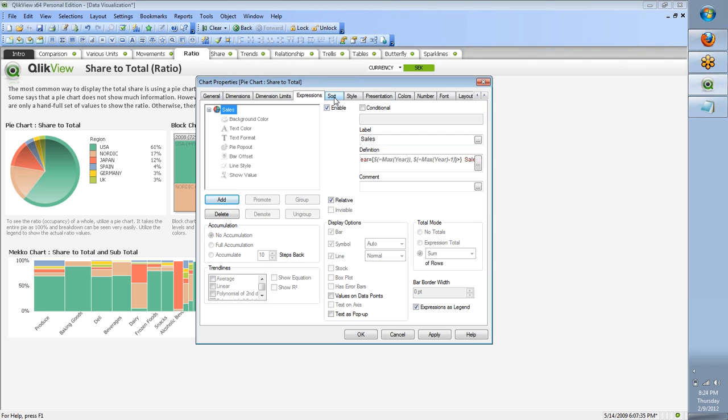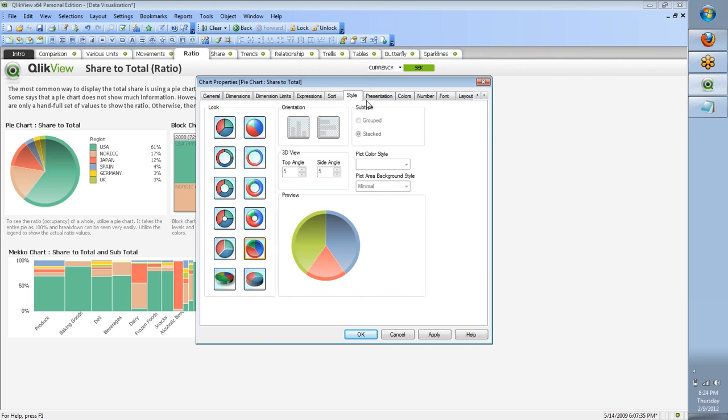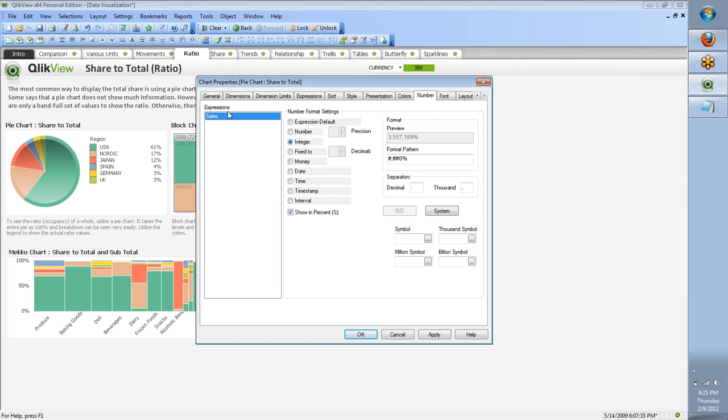This is sorting, the style, the presentation, the colors. If you want to ignore zeros, all those things, you can handle the missing values. Okay, the colors, the number formatting. This sales is a matrix. You have these many things. If you want to show it as a percentage, if I remove this, look at it, the percentage will be gone. Look at it here. You see this? Yeah, I see. Okay,